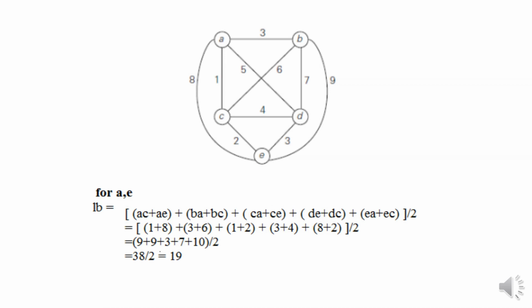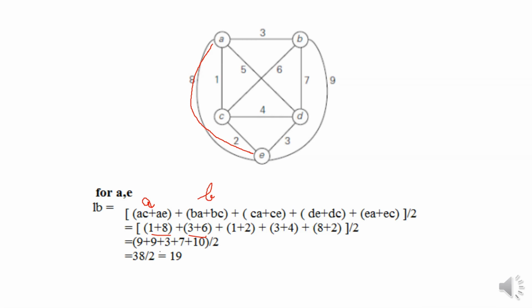For the next case, that is if the salesman visits from city A, directly he visits the city E, then the edge AE, that is this, as well as for E, this particular edge has to be present. So for A, 8 plus 1 I will consider, 8 because of the edge AE and 1 is the value of the least edge. Then for B, it is the least 2, 3 plus 6. So for vertex B, I take 3 plus 6.